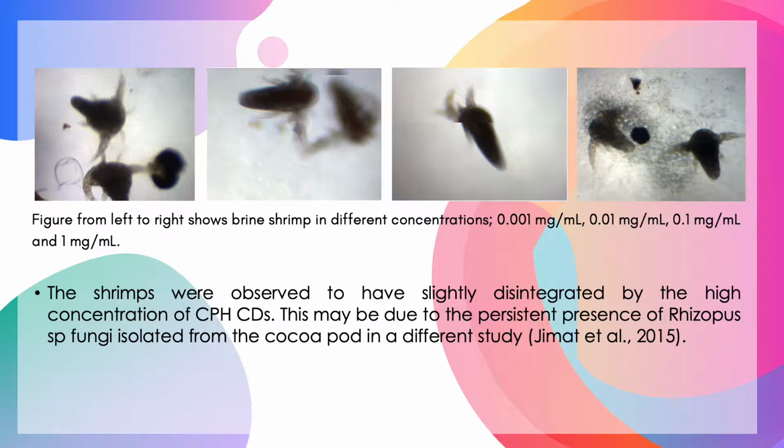So as you can see, until 0.1, it has very good survival after 24 hours. That means that the cocoa pod husks actually include nutrients that induce the eggs to hatch. However, once hatched, the brine shrimp either live healthily or are suspended in their umbrella phase. This is the umbrella phase, depending on the dosage of the cocoa pod husk carbon dots. So if you can see here,